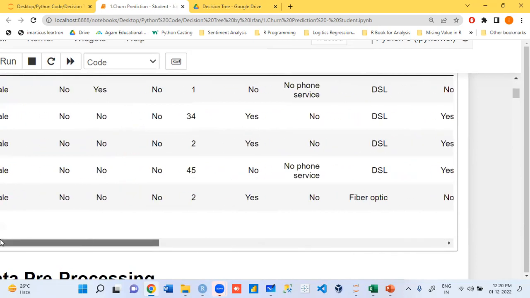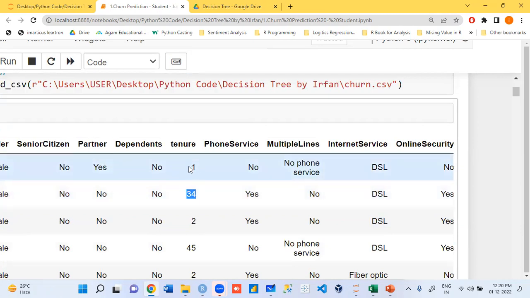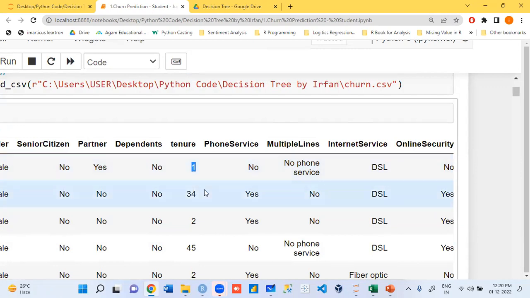Now let's say the second customer we have is Akash. For how many months has he been using the SIM card, guys? 34. And let's say the first customer is Nikita. The second customer is Akash. According to you, who will change the network faster, guys? You took the SIM card 1 month ago, okay? Jio announced in December that the network is free, calling is free. Who will change fast, Akash or Nikita?